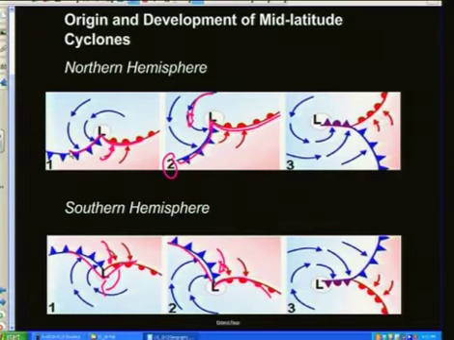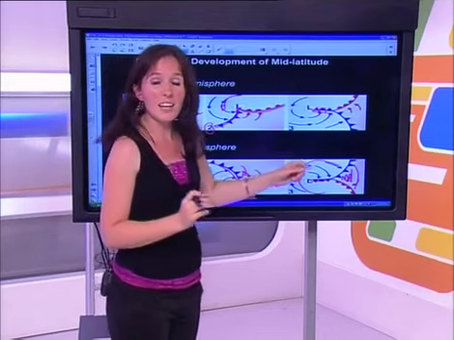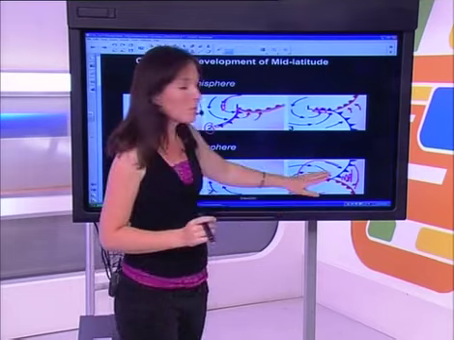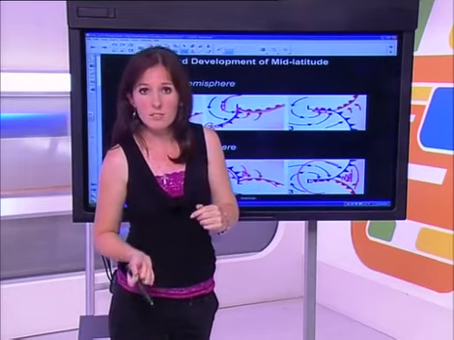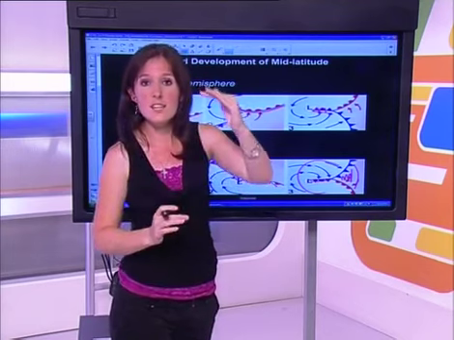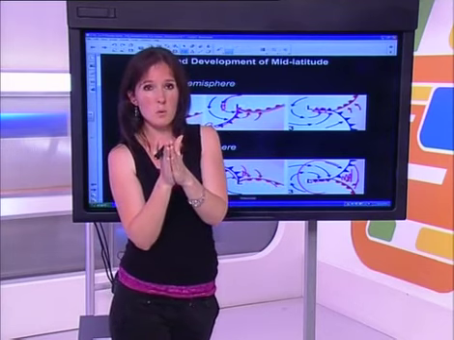So if we have a look at both the northern and the southern hemisphere versions, the symbol for an occluded front looks like a mixture of the two fronts, warm front as well as a cold front, and they seem to be merging together. You can see as well, look at this warm sector here, there's the cold sector over there, but this warm sector looks like it's kind of narrowing, it looks like it's disappearing. That's not actually disappearing. You just need to remember that the air is just lifting off ground level. So on a plan view, you won't physically see that, but it'll look like that sector gets smaller and smaller.